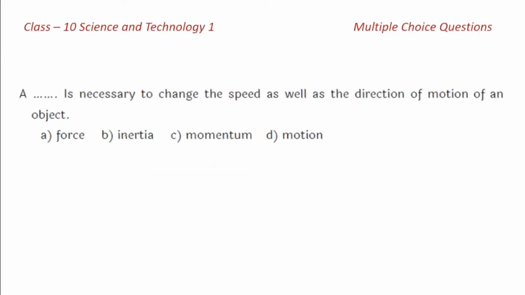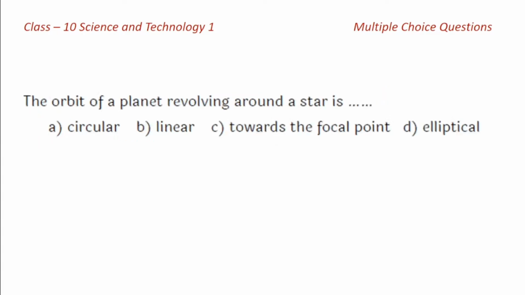First question is, a dot dot is necessary to change the speed as well as the direction of motion of an object. Four options are given: force, inertia, momentum, or motion. The correct alternative for this question is force. That is, a force is necessary to change the speed as well as the direction of motion of an object. Next question is, the orbit of a planet revolving around a star